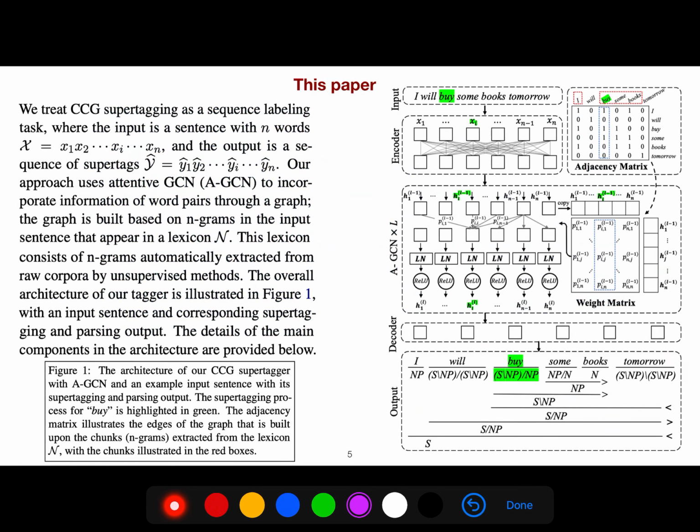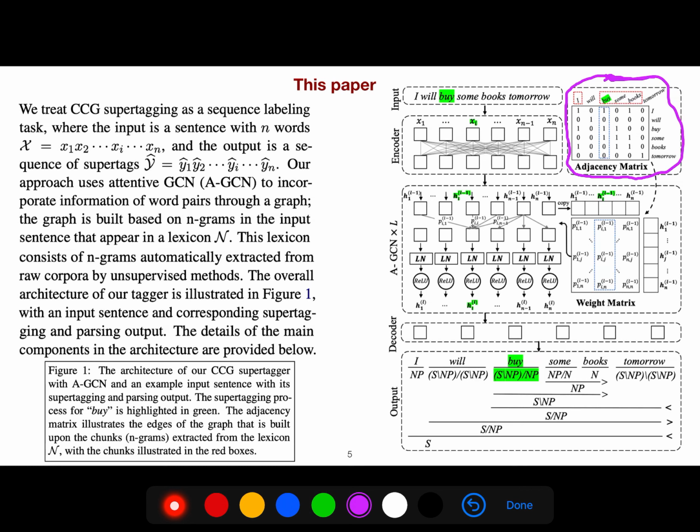So this algorithm needs an adjacency matrix, and people used to use dependency parsing for this, but now they understood that that is a problem, and